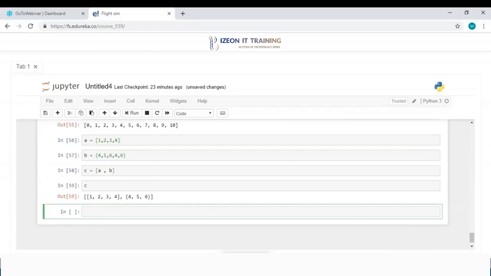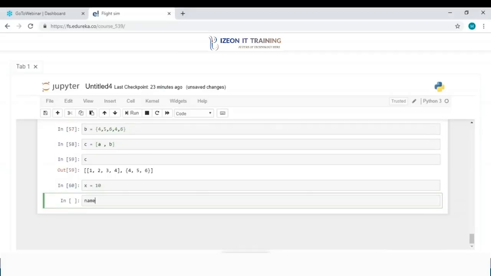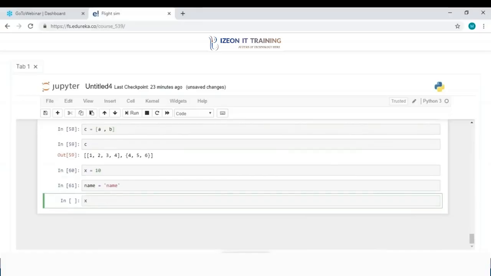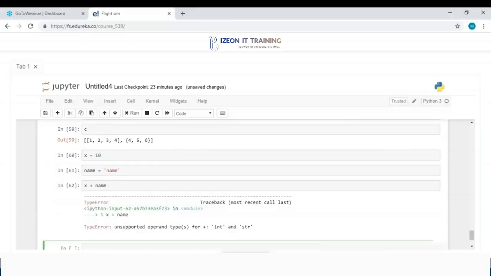So there is one more topic that I want to talk about, which is type conversion. Now suppose we have an integer here that has the value 10, and we have a string as well. Now when I try to add these two variables, name and x, it is going to show me a type error which says unsupported operand types. Now for this error